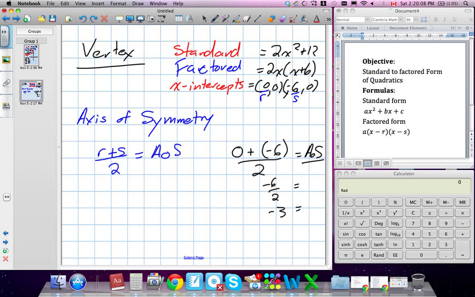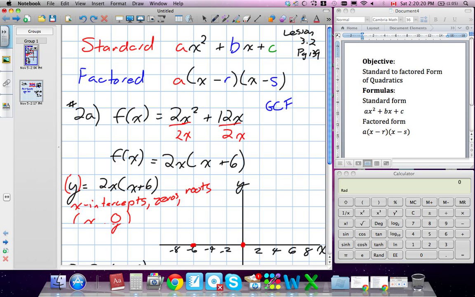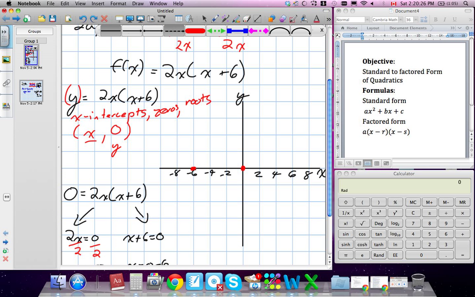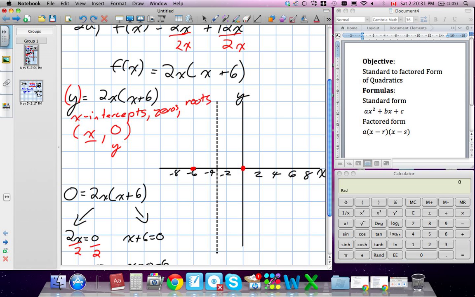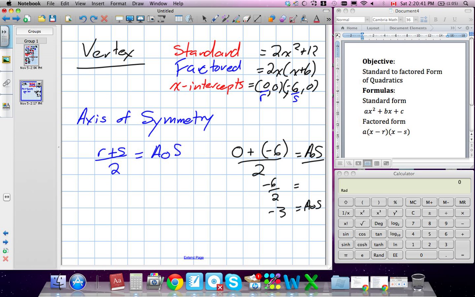What that means is that at the x value of -3, we're going to go back here. At -3 on this graph, that's the dead middle of the parabola we're going to draw. So the axis of symmetry is a straight line going down there. That's the middle of it, at -3. We know that's our axis of symmetry. What's special about the axis of symmetry is it's also the x value of our vertex. So now what I've discovered is my vertex,